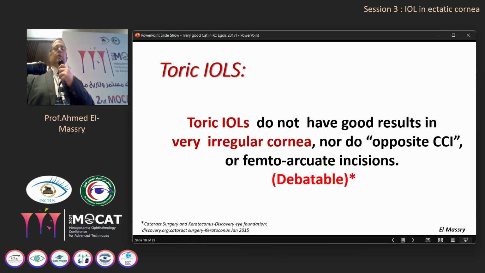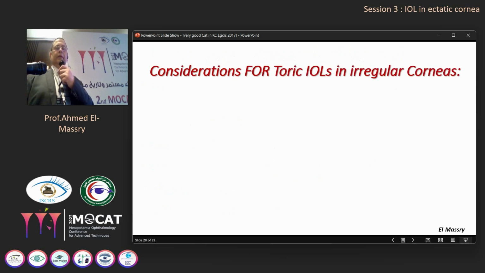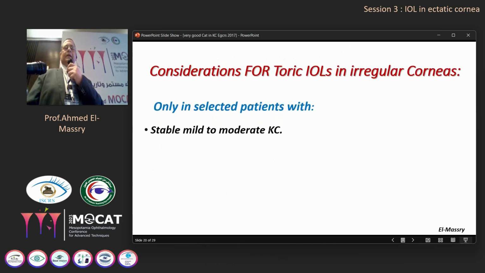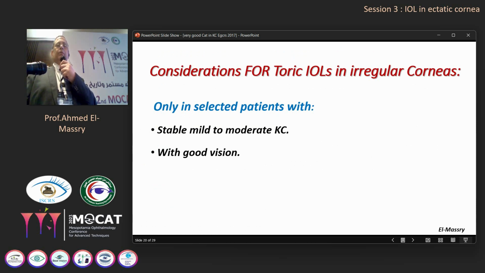Toric IOLs, for me, I do not like putting toric IOLs in advanced cases of irregular cornea, but it is still debatable. If you have a very regular cornea with a small amount of residual astigmatism, you can put the toric IOL. So these IOLs are only for selected patients with stable mild to moderate KC with good vision,